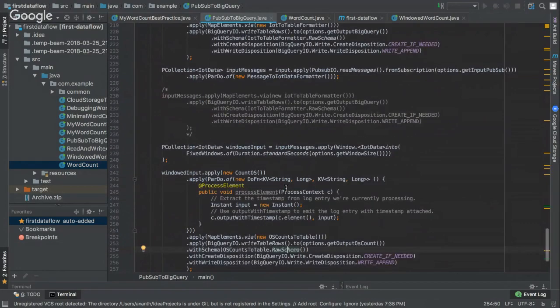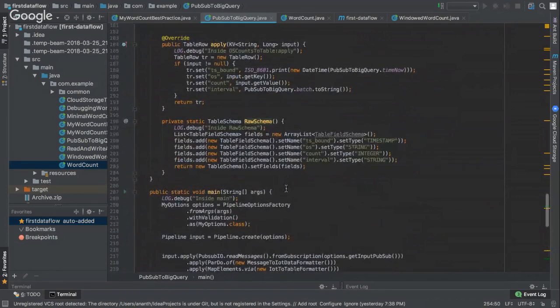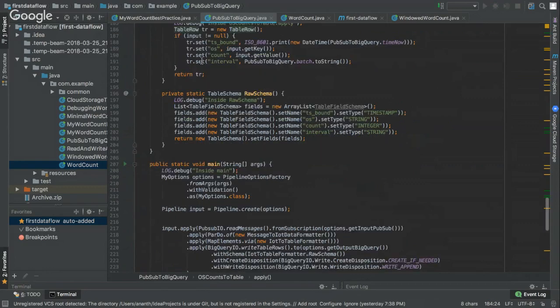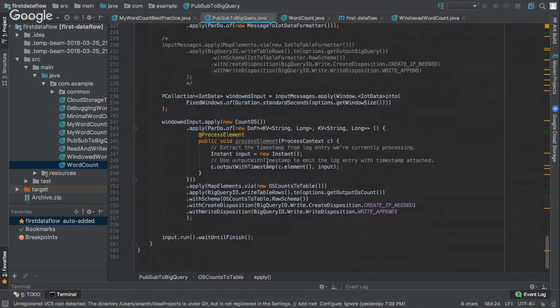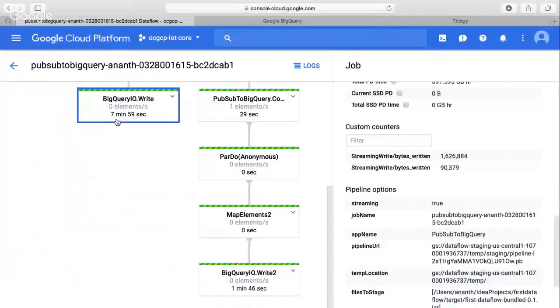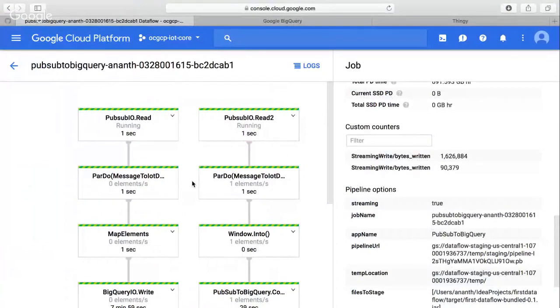For BigQuery, there was something I wanted to share. When you push to BigQuery, you have to create a table row with all the different elements here. But when you want to write it, you also have to give it a raw schema, because I think that's the requirement for writing into BigQuery: you need to give it a schema with the different elements, and this is your actual table row, your data element right there. So this showcases the two different flows of data I've shown out here: the left hand side being the straight flow, the right hand side being the windowing concept into